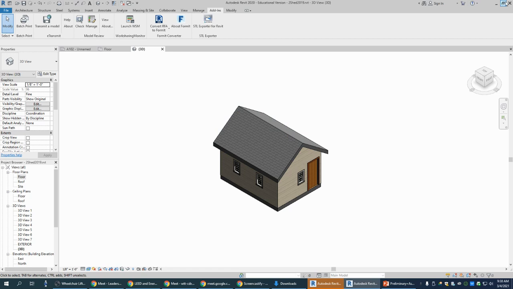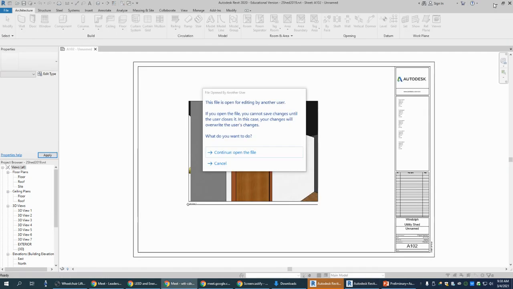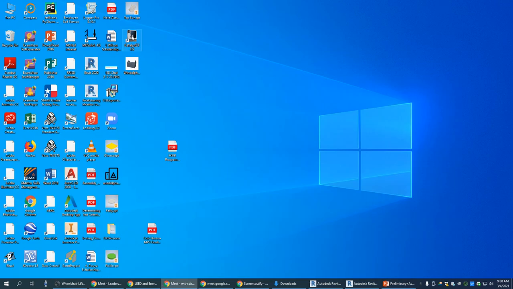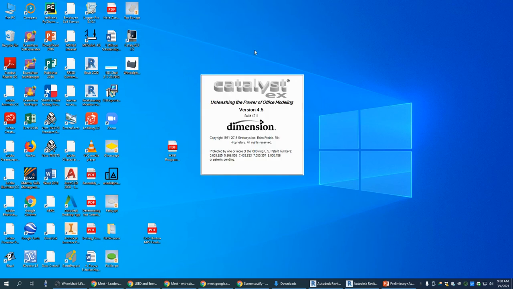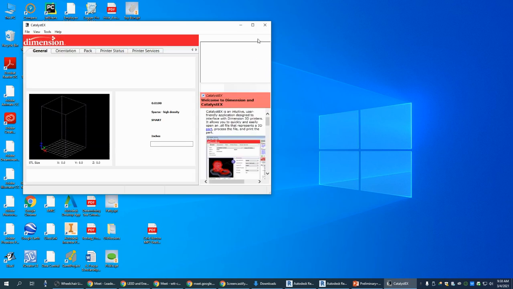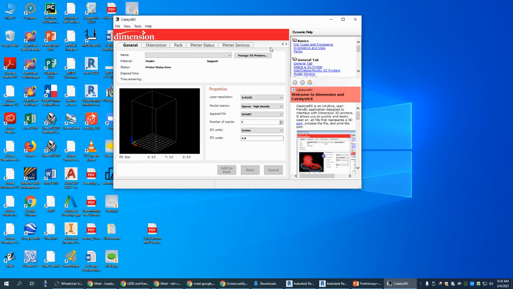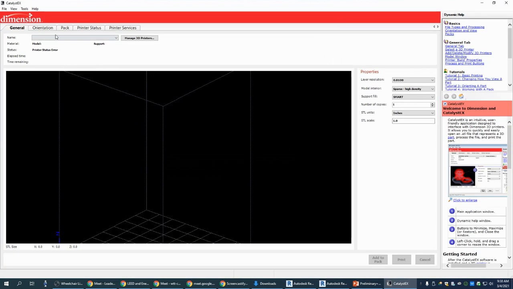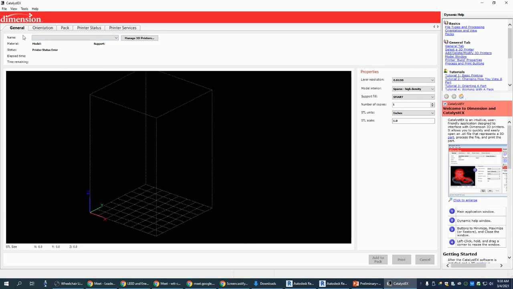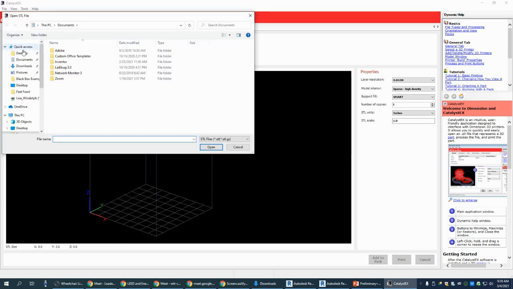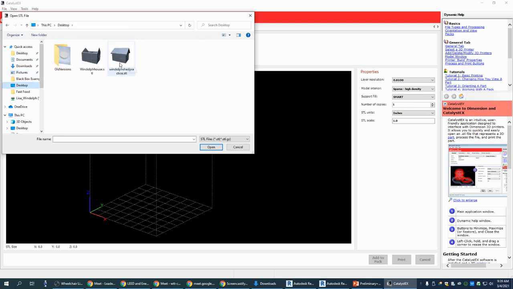I'm going to try and show you what that looks like here, if my new software that was just installed works. So if I look over here on Catalyst, there's my house. So this is our 3D printer software. So what I'm going to do, and you won't do this part, but just so you know what I'm going to do to set it up for you, is I'm going to then go get the house, File, Open STL, and go onto my desktop, get my house,